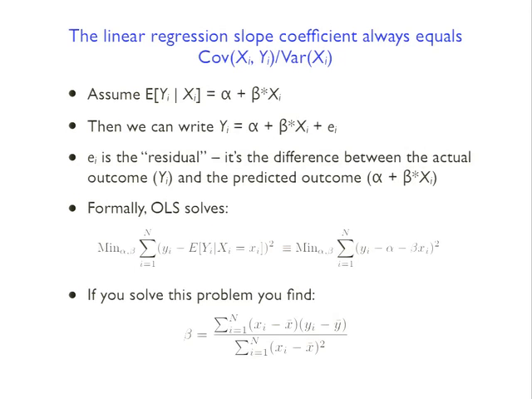So in any given sample of data, if you had observations on x and observations on y, and you wanted to calculate the regression coefficient, you could actually do that without even running a regression per se. You could take this formula and just tell Stata or whatever statistical package you happen to use to report to you the sample covariance between the two variables and the sample variance of x, and then just divide those two things by each other, and you would get the OLS coefficient.